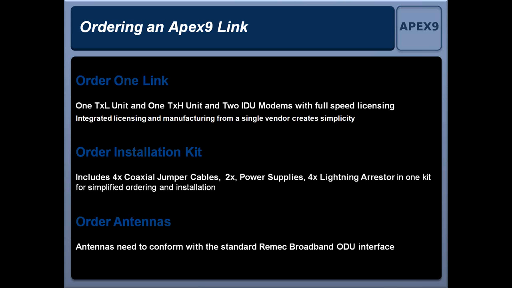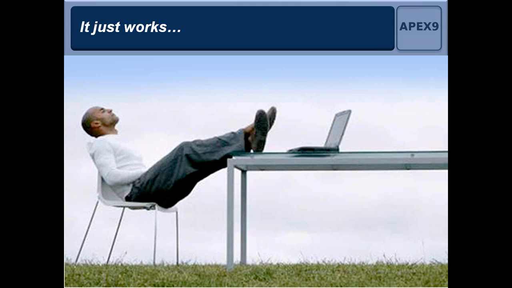You go order an install kit, which has a bunch of the commonly used components, and then you just pick the antennas you need. If you get them from us, that's fine. If you get them elsewhere, that's fine too. And there you go with the link. And it just works. And what we now have these days